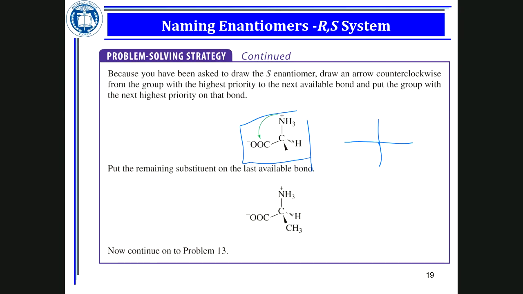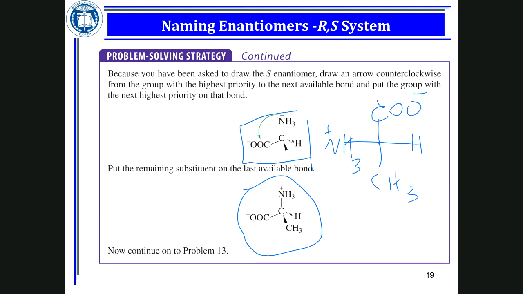And this is the model. We are going to put the carbon chain aligned with the vertical line. Carbon chain, vertical line, so COO and then CH3. Then the other 2 groups go to the horizontal lines. If you place hydrogen on this side, NH3 on this side,